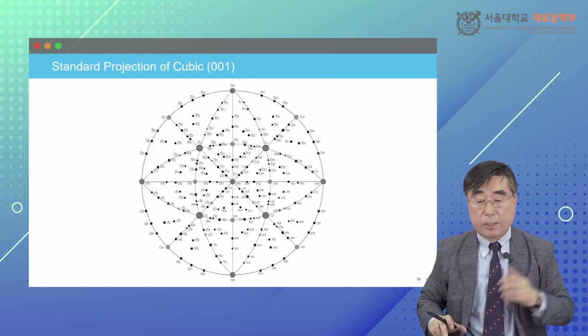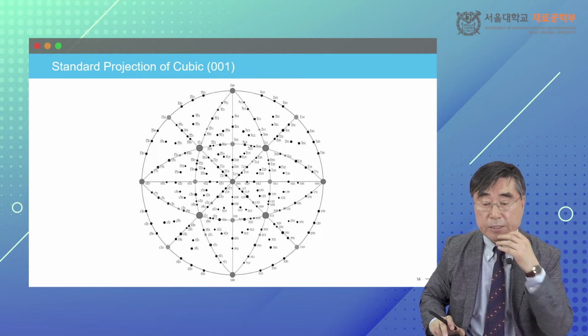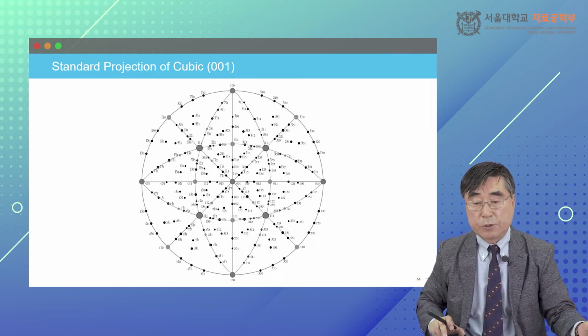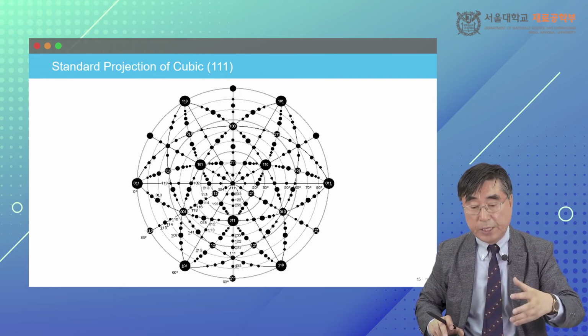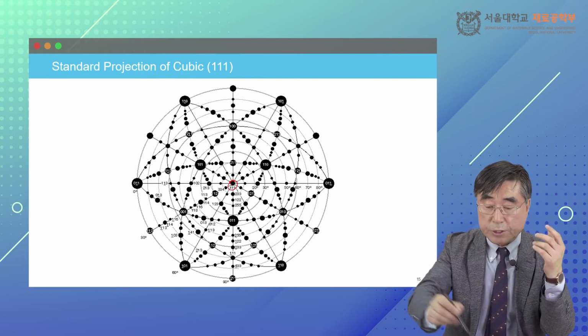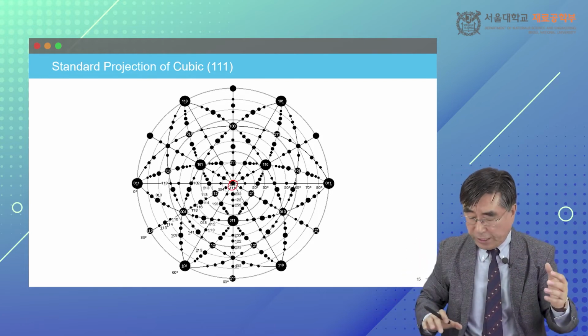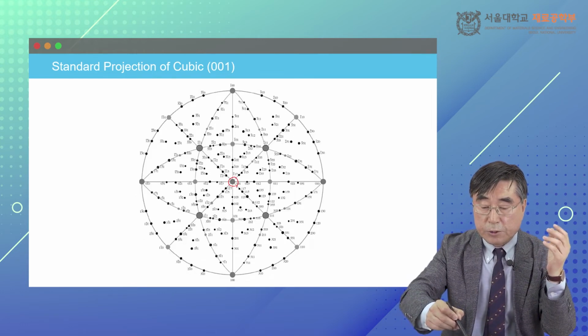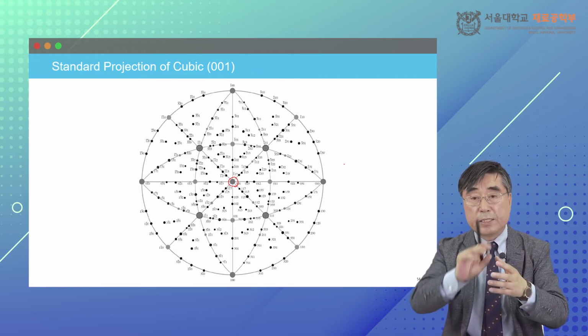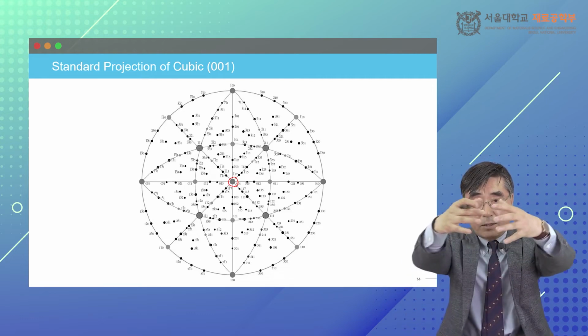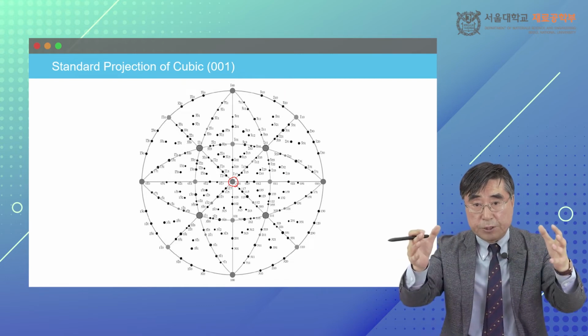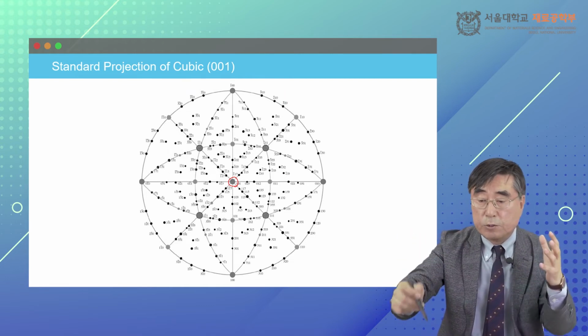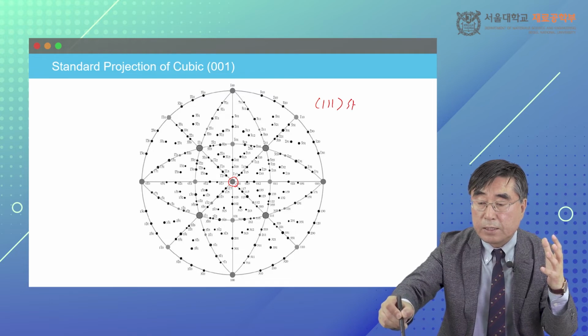All right, stereographic projection. In the textbook, there is a set of information about the cubic 001 standard projections and the cubic 111 standard projection. Basically, let me go back, 001. Now this is the 001 standard projection, meaning that 001 is in the vertical direction on this stereographic projection. Now, if I want to draw the 111 standard projection